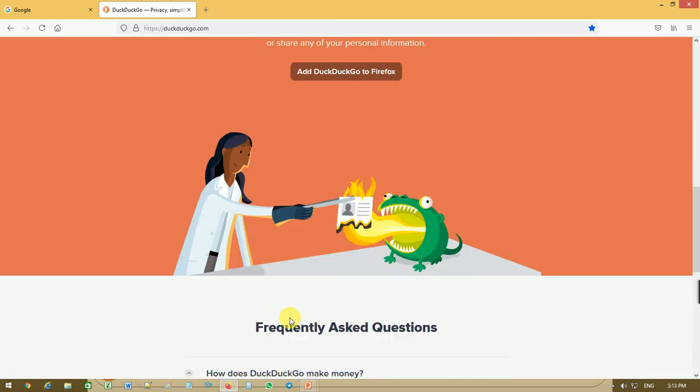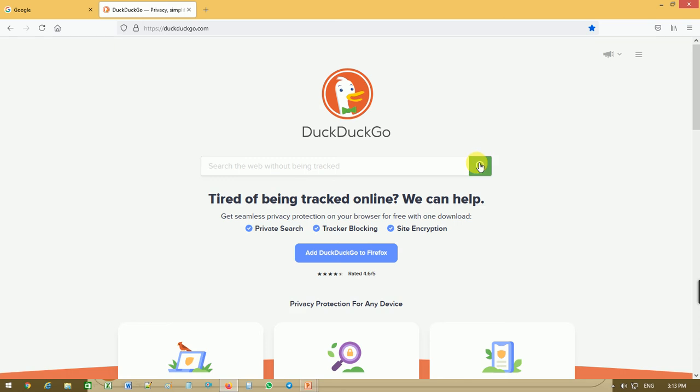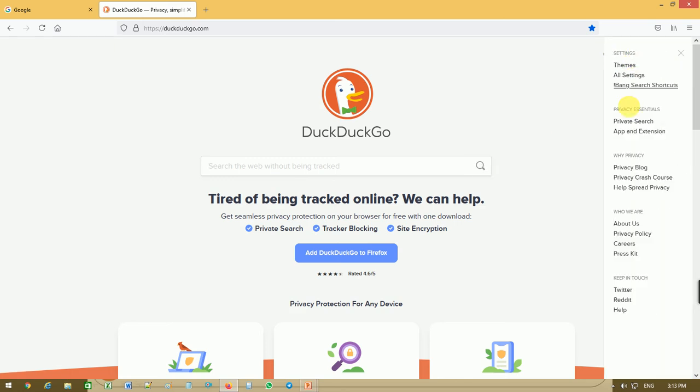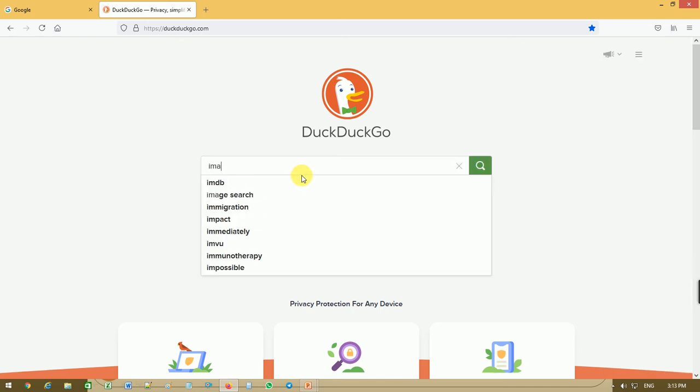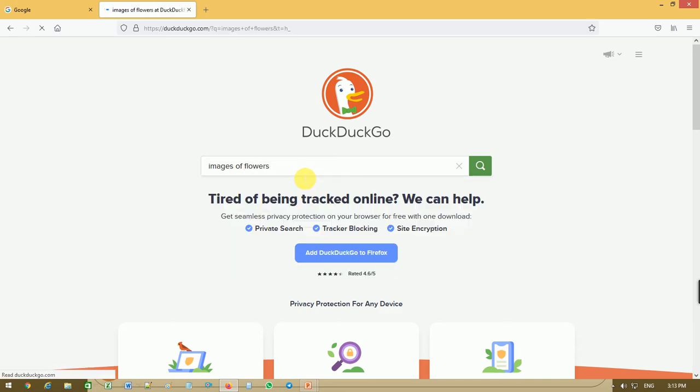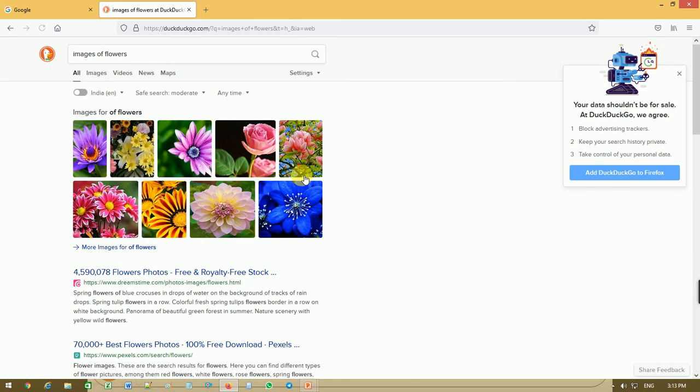See, this is the search query box, and if you click on it, it will display information. If I am searching for images of God or flowers, then the DuckDuckGo search engine will give me a result.